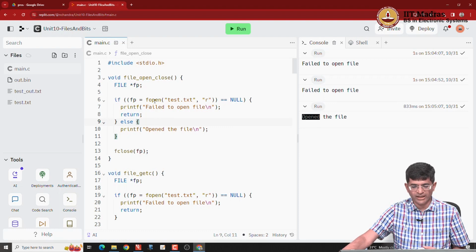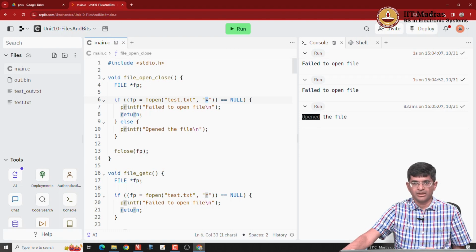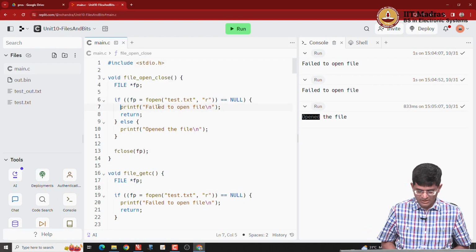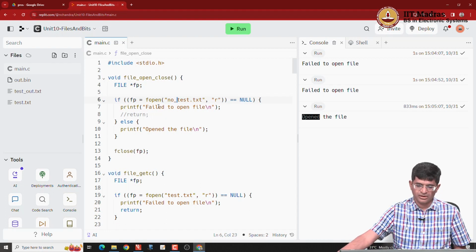Its only purpose was to show that you can open a file for reading by using the fopen function call, and that function call returns a pointer. If it failed to open, it will return a null pointer, and you should always make it a habit to check whether it returned a null pointer and to do something appropriate if you could not open the file, because if you proceed without doing this, let's see what happens over here. If I do not return at this point, if I continue and if I try running this in this way,